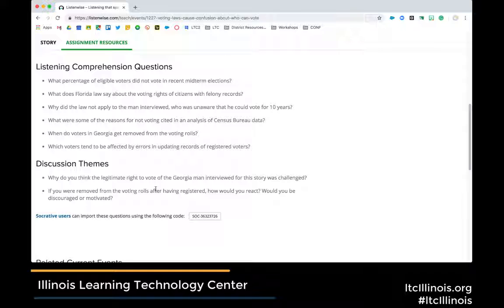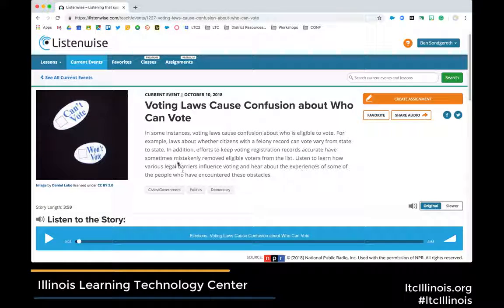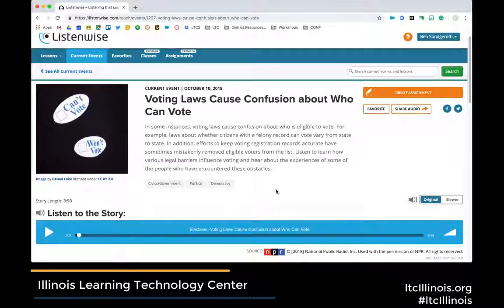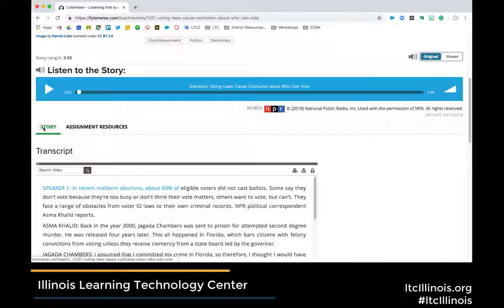So again, it's not just giving our students news and then asking them to evaluate it on their own. It's giving you a set list of comprehension questions that can help students figure out what the right questions are to ask when we're viewing a news story. So really great, and the transcript of the story is awesome for differentiation, but you notice up here in the